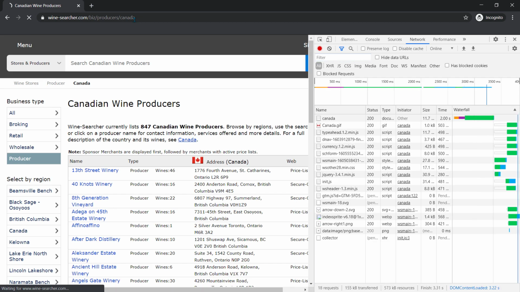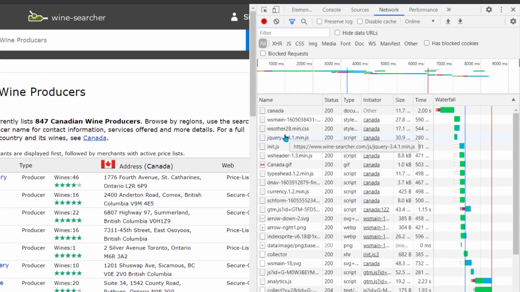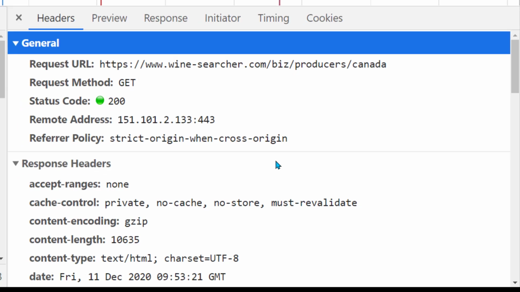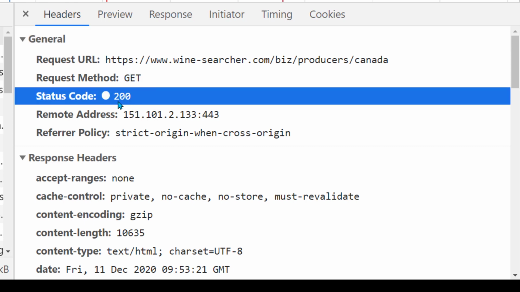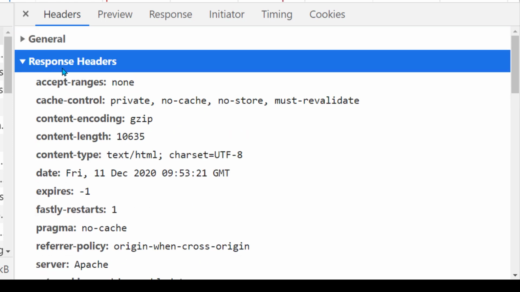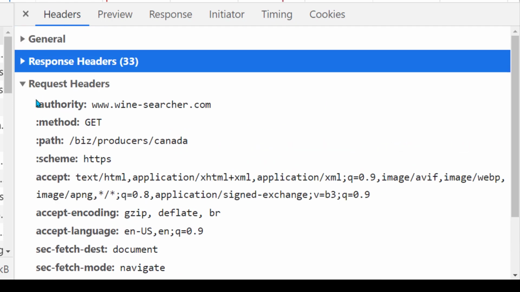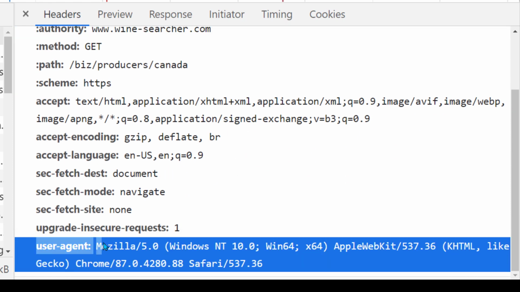Wait for the site to load. And now we'll go and examine the first request. So this is the first request. Let's go to headers. We can see that this is a GET request which resulted in 200. I'm going to collapse it. Response headers, I'm going to collapse for now. What we are interested in are these request headers. Usually if you just send the user agent, the request gets 200. But I know that this site will not work with sending just the user agent.